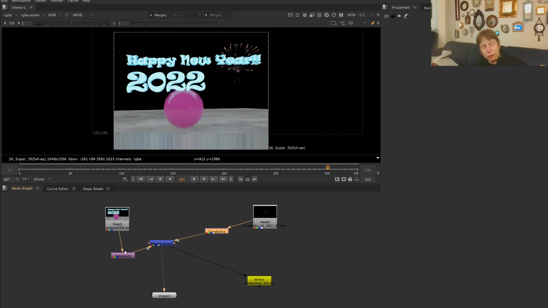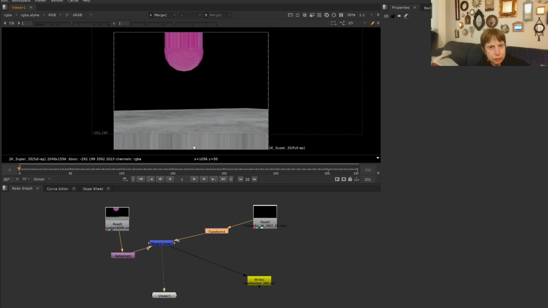One, this is 30 frames a second, and this, I believe, is 60 frames. But what you do is you bring them together. See, this is a merge node right here. And this is the viewer. That's what you're seeing here. And then this is to write it out. So let's go back to the beginning. You see there's a little distortion. I cropped it out